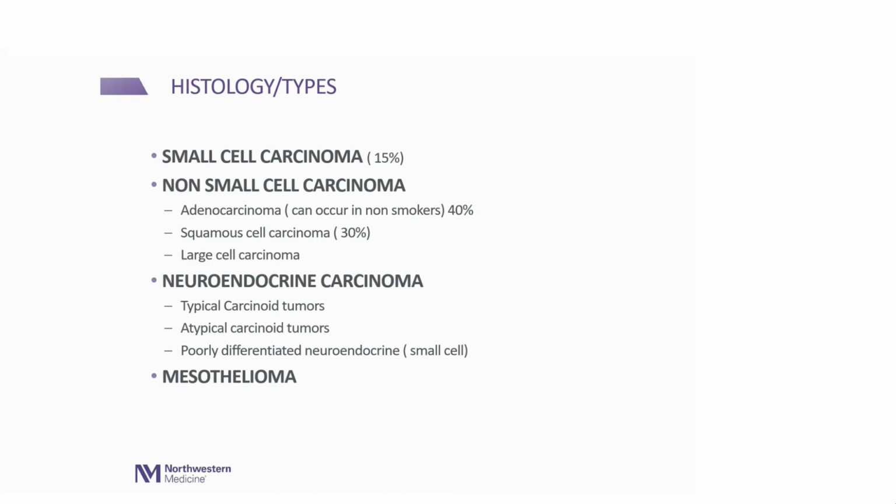By far the most common is non-small cell lung cancer, NSCLC. That's how they abbreviate it when you read about it. Small cell is actually only about 15%. Non-small cell is a mixed bag. It has different subtypes in it: adenocarcinoma, squamous cell carcinoma, large cell carcinoma. These are all subtypes of non-small cell cancers. A common one that can occur in non-smokers is usually adeno. If somebody has no smoking history, a never smoker, and develops a lung cancer, it's almost always this subtype, adenocarcinoma.